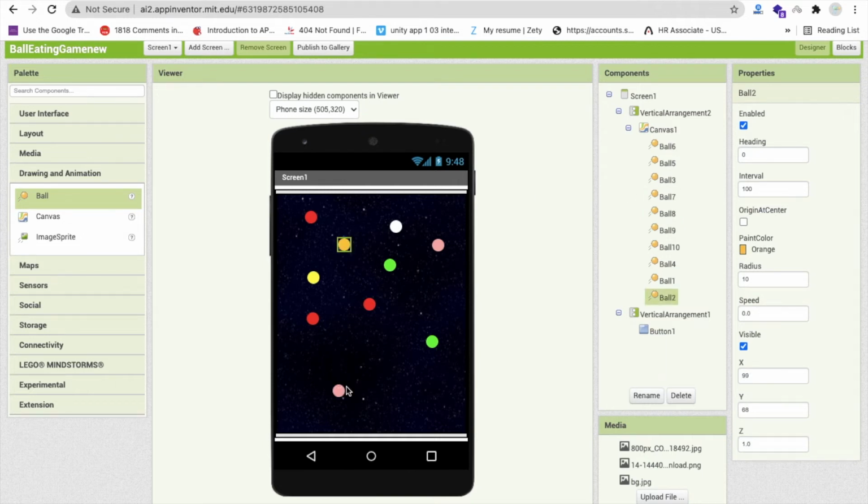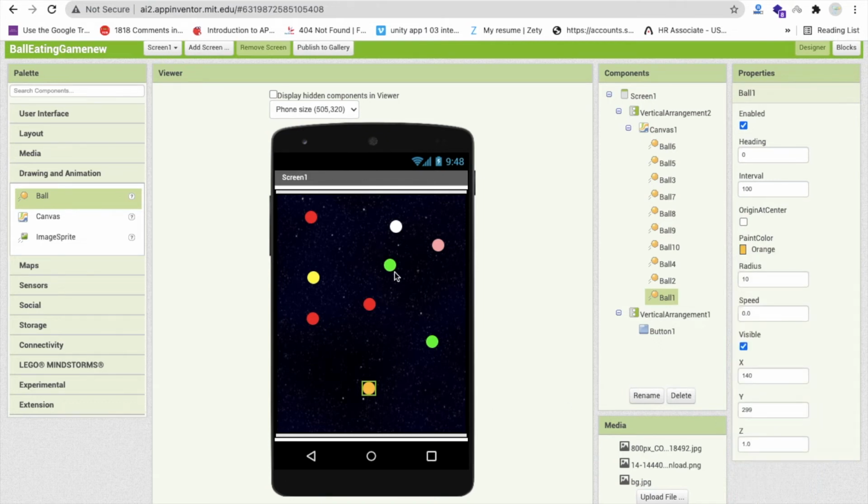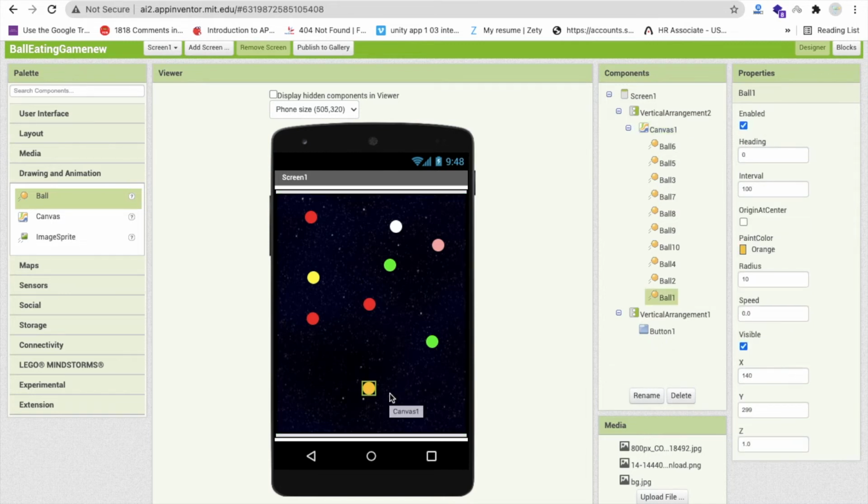So make sure you choose any ball here. Like if you're going to choose this ball, make sure the color can be anything, but this should be only one color, so no one will be confused here. Okay, like this. Now it's fine, that's our ball. We have to control this using a sensor.